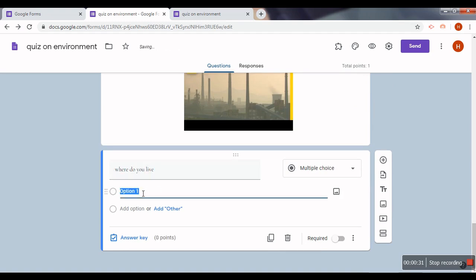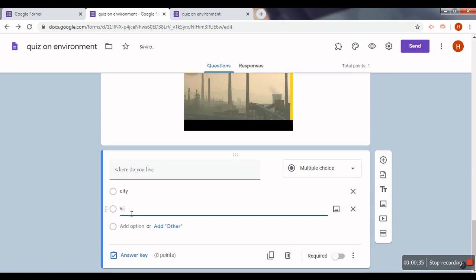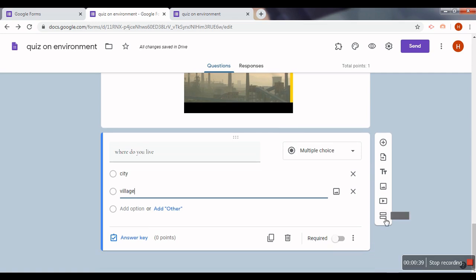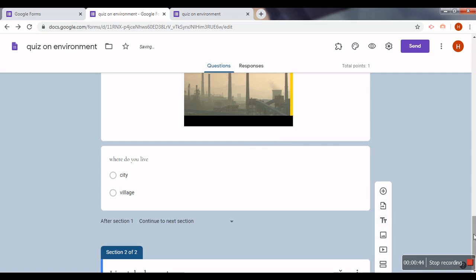We'll give them 2 options, city, and the second option is village, right? After this question, now we'll add different sections. So you click on the last button here. This will add sections to your form.